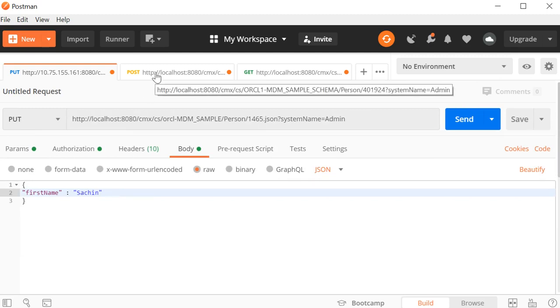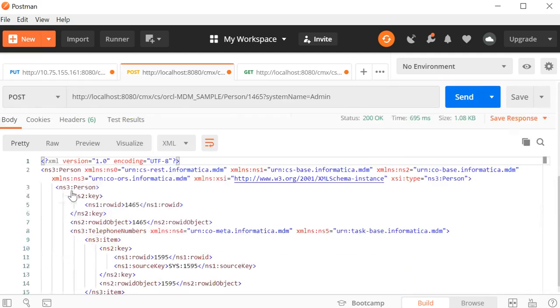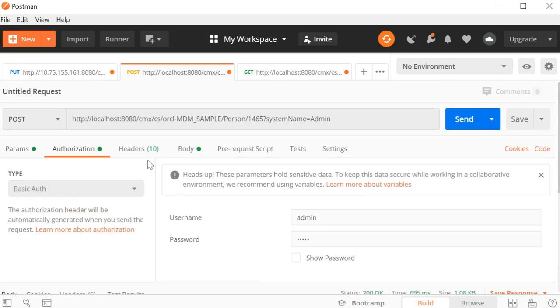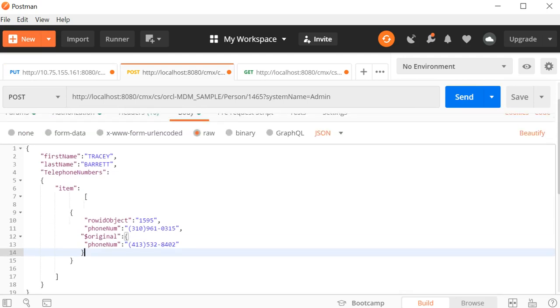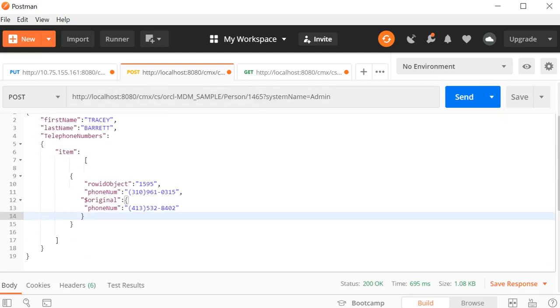And let's try to run the post call. So currently in the post call, I would like to update my child record of the base object, which is cParty phone, and this is the row ID object of the cParty phone, where I would like to update the phone number.